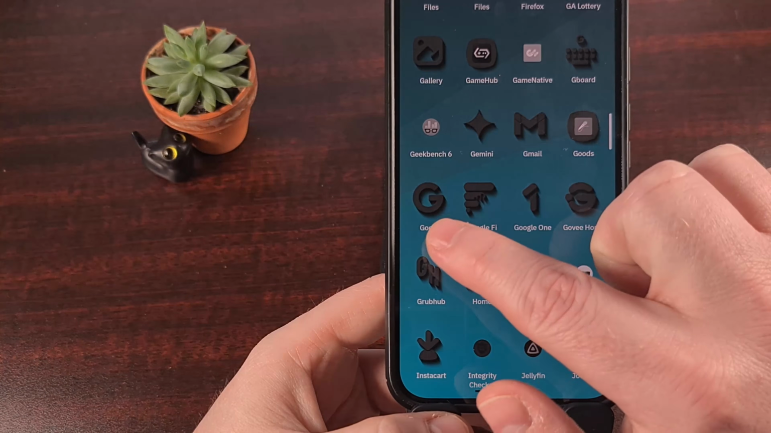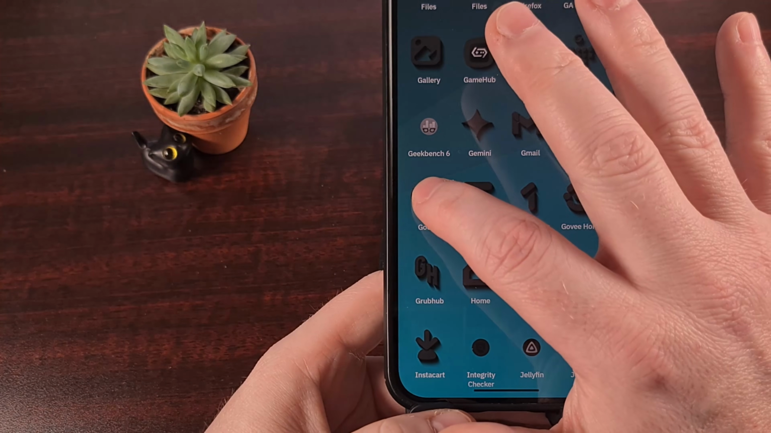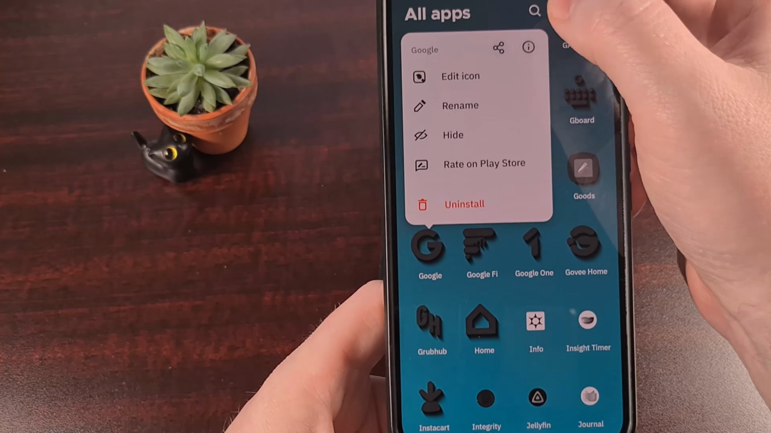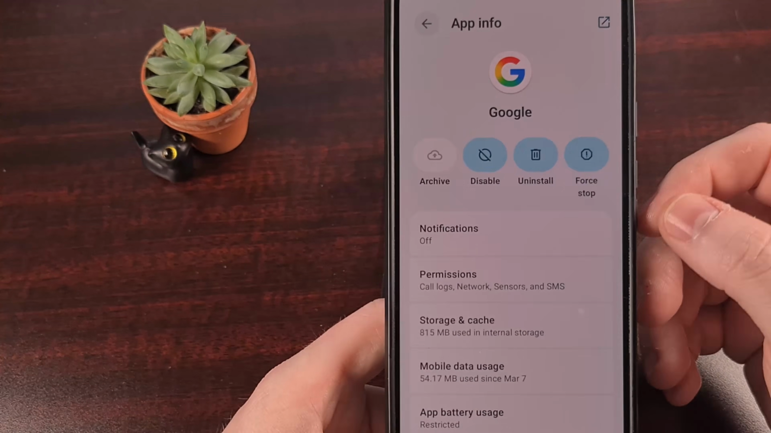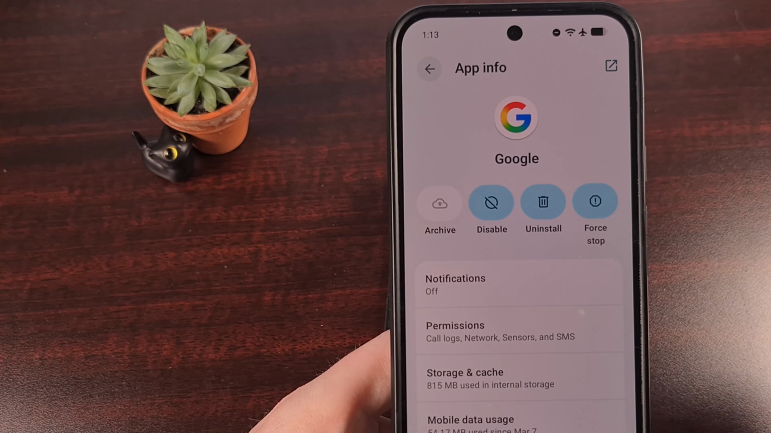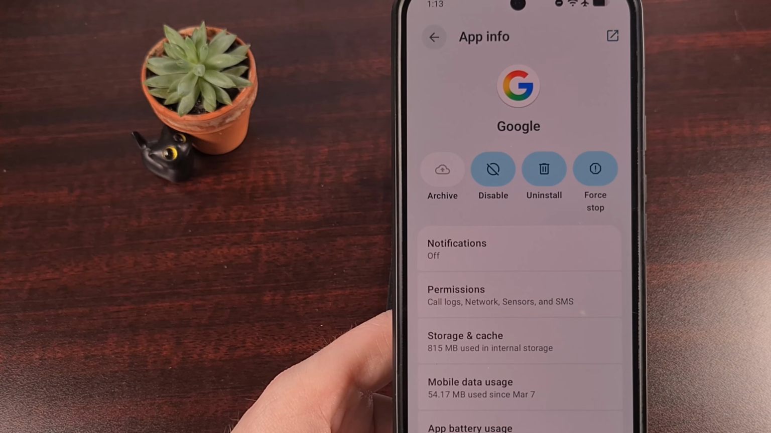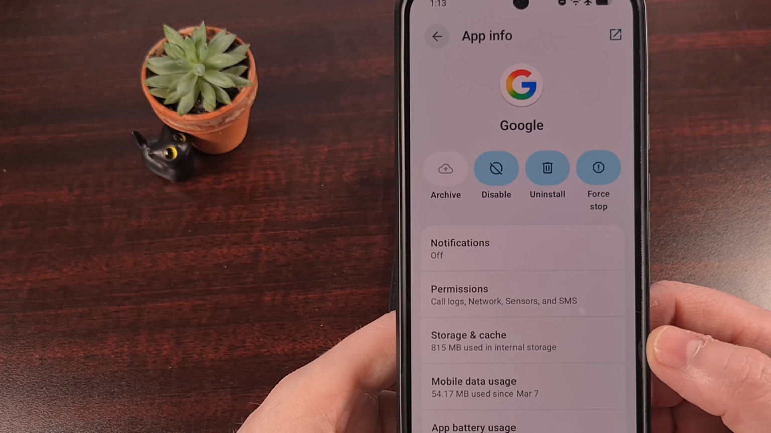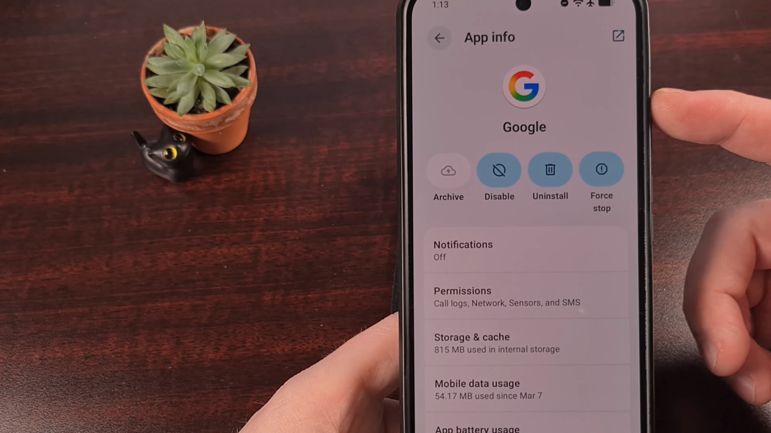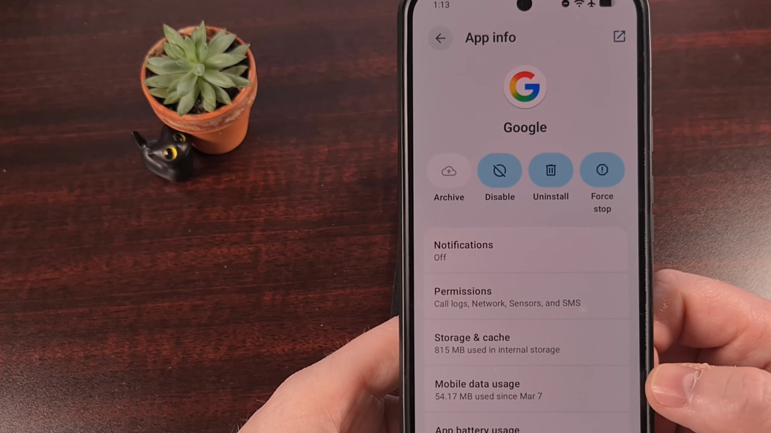You're going to want to perform a long press gesture on that icon, and then look for the little eye icon and tap it, as that will bring you to the app info page for the Google app. You can also find this by diving into the settings, then apps, and then you'll see the Google application from there. Either way, you're going to want to get to the app info screen like this,